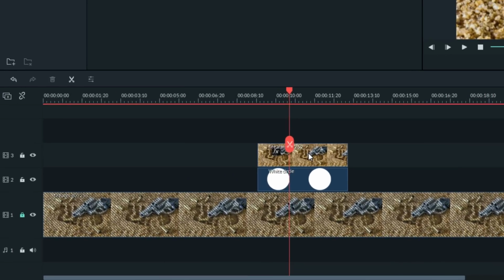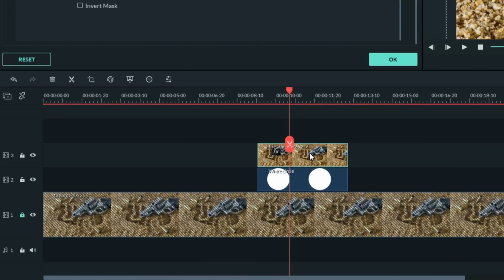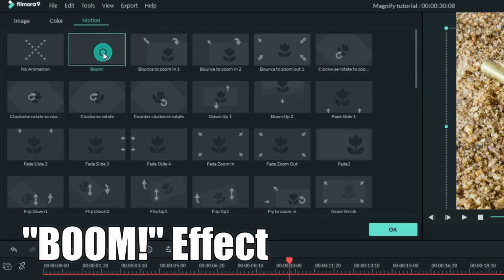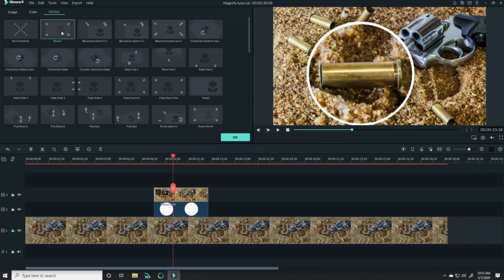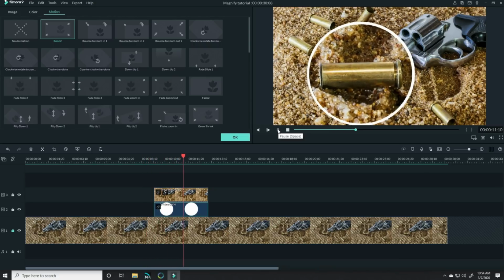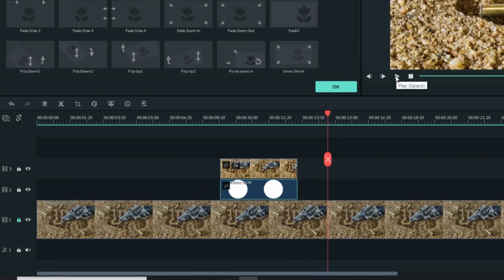So to do that, let's double left click on our footage in our timeline, and in the upper left where it says motion, let's choose that boom effect. Double left clicking on that will apply it to the particular piece of footage in the timeline. But we want that white outline to do the same, so let's double left click on that and apply that same boom effect as well. Now when it gets to this spot in our timeline, you'll see that that looks like it's jumping off the screen and being magnified. But there's one more trick to really make this pop.